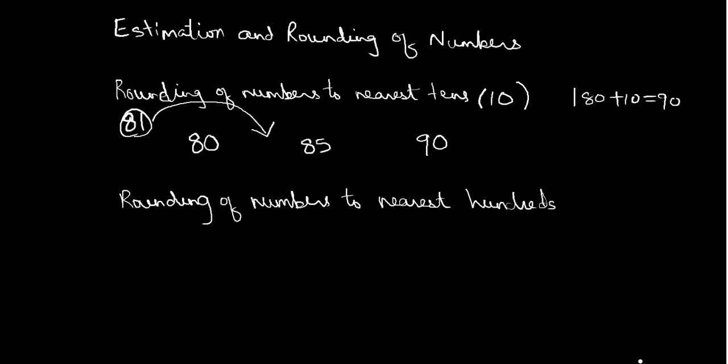So nearest 10 for 81 is 80. Okay, now if you want to find out the nearest 10 for 87, let us take 87. Now 87 falls in between 85 and 90, so nearest 10 for 87 would be 90. Okay, now let us see rounding of numbers to nearest 100,